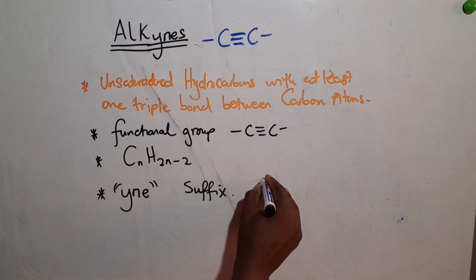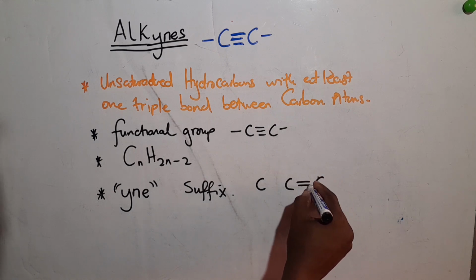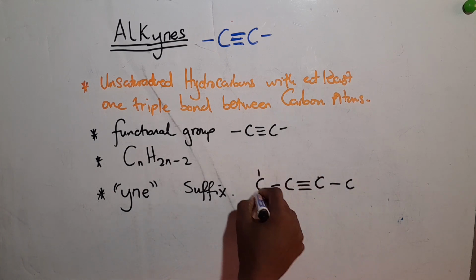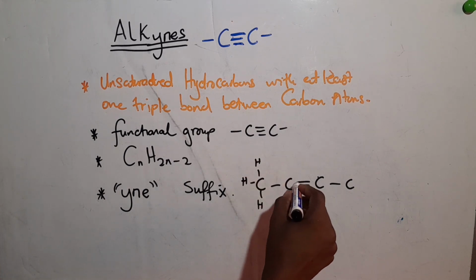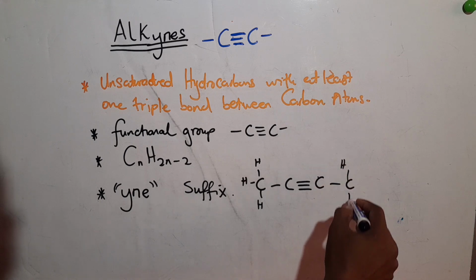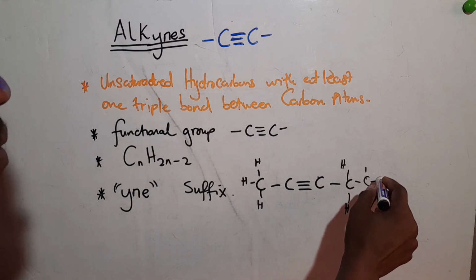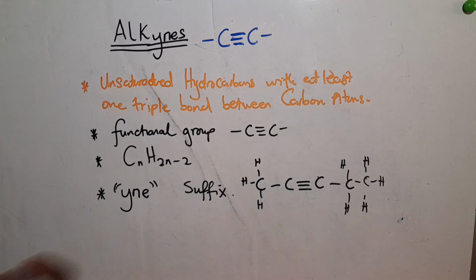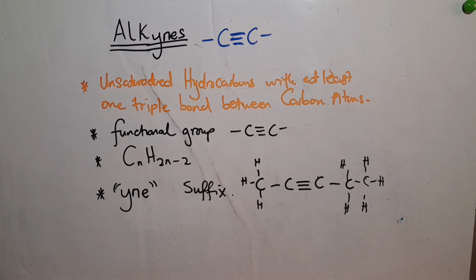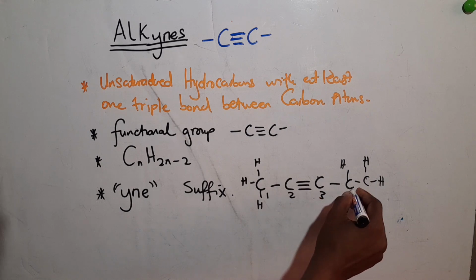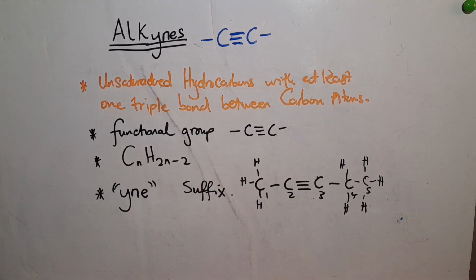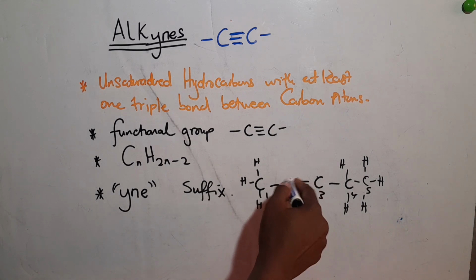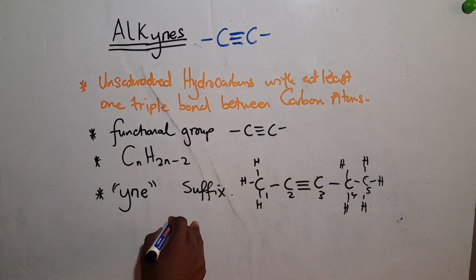Okay, let's try to name this alkyne. So how do we name this alkyne? So obviously we are going to do the same methods. We are going to start from the side that is closest to the triple bond now, right? So this is 1, 2, 3, 4, 5, right? So again, this triple bond is coming on carbon number 2. So this should be a 2